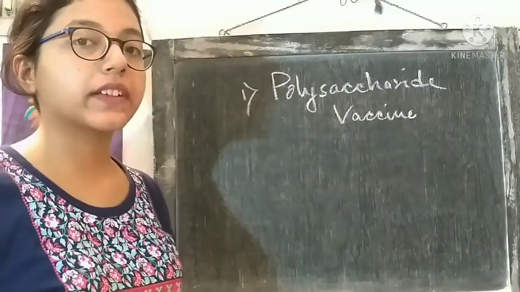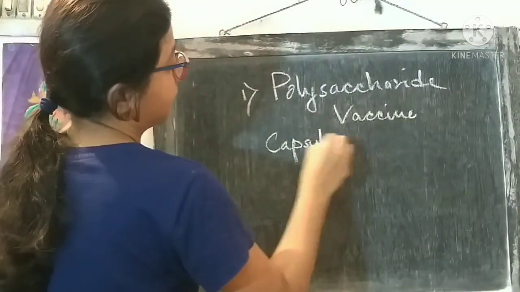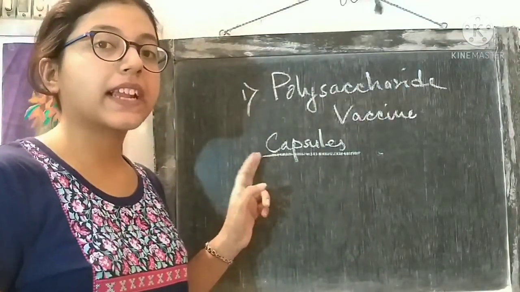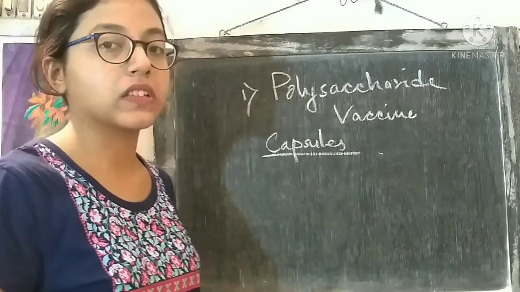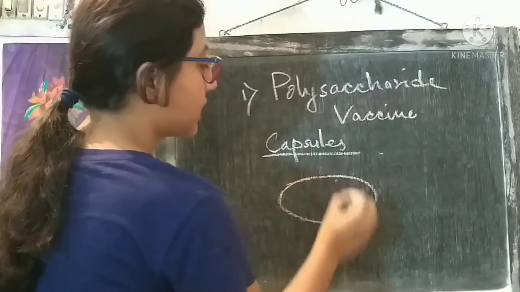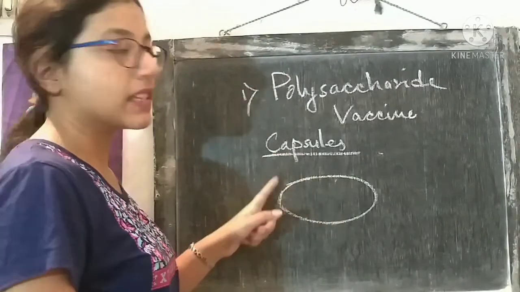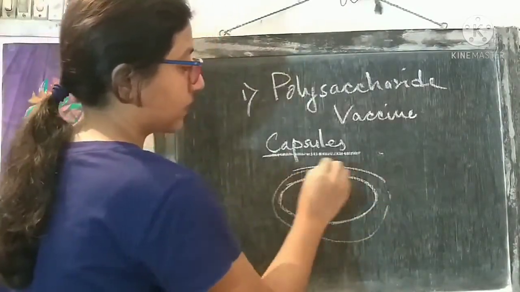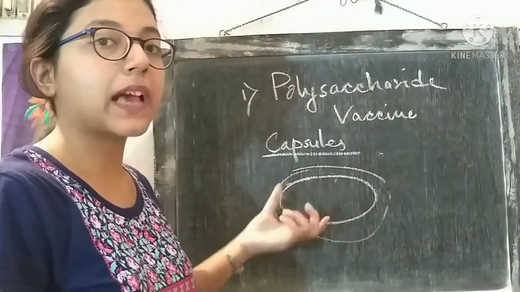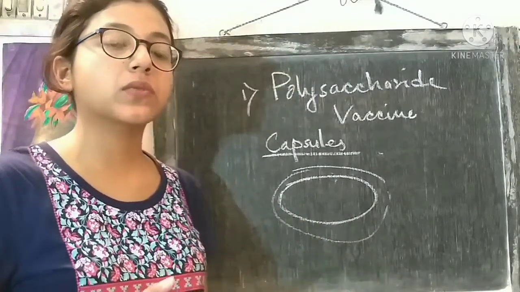In the category of polysaccharides, first the capsule layer. Capsules are present in certain bacteria, and bacteria that have capsules are more pathogenic than the normal ones. The bacteria will have an outer surface called the cell wall, and the capsule layer will be secreted just outside the cell wall. This capsule layer provides many benefits. Capsules provide different advantages to the bacterium.